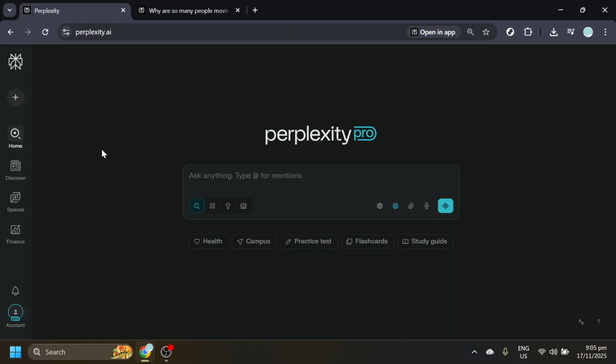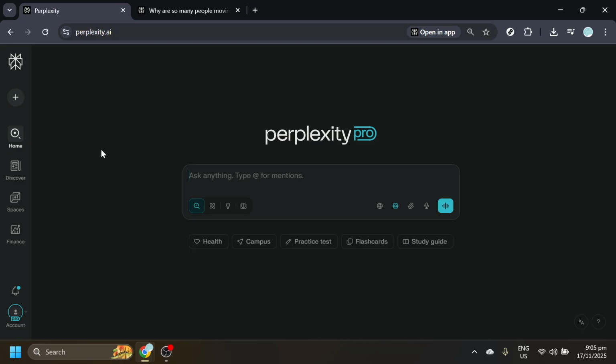Perplexity AI is a unique tool designed to enhance your online search and fact-checking processes by offering more structured and reliable responses compared to typical search engines. It's particularly known for synthesizing information from a variety of credible sources, providing you with a concise yet comprehensive view